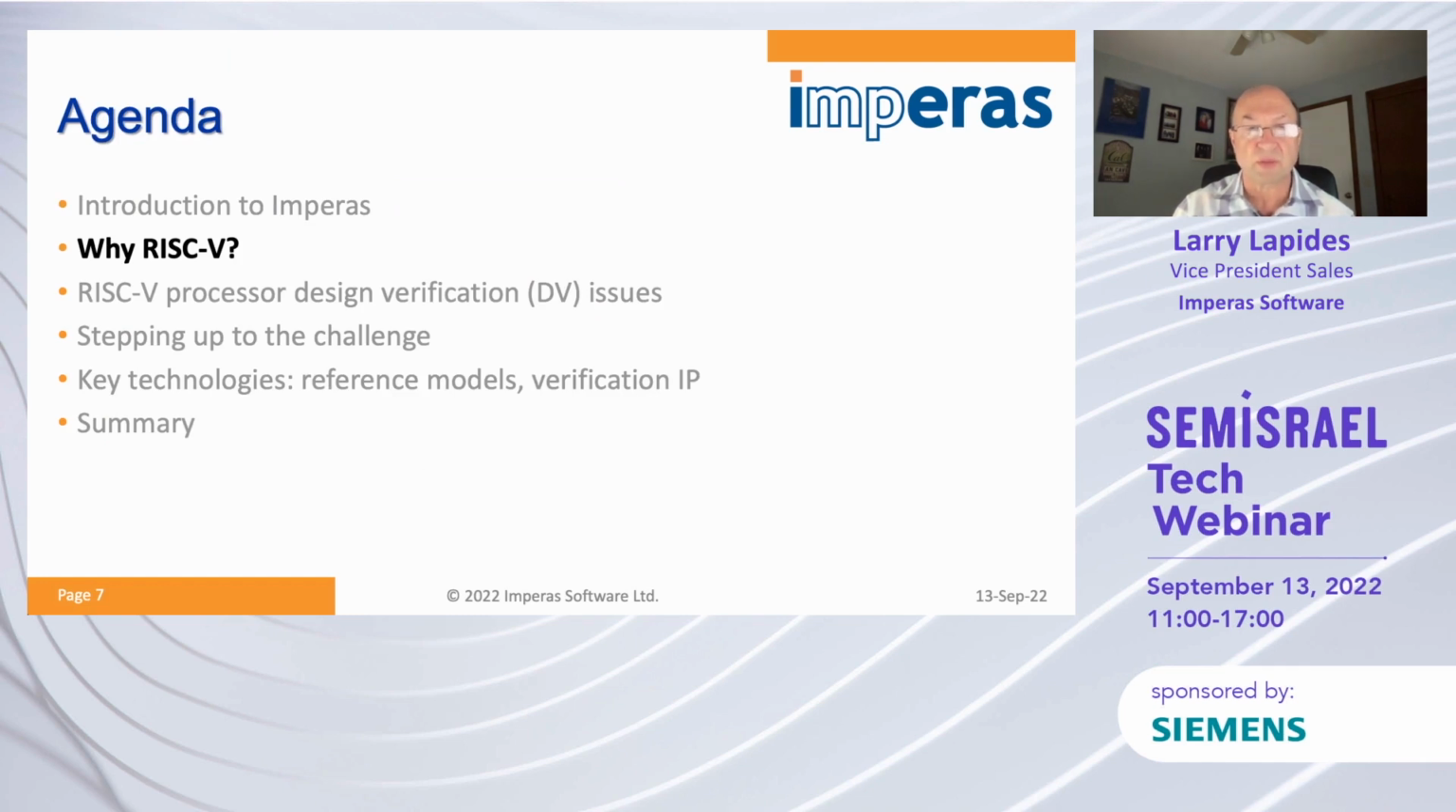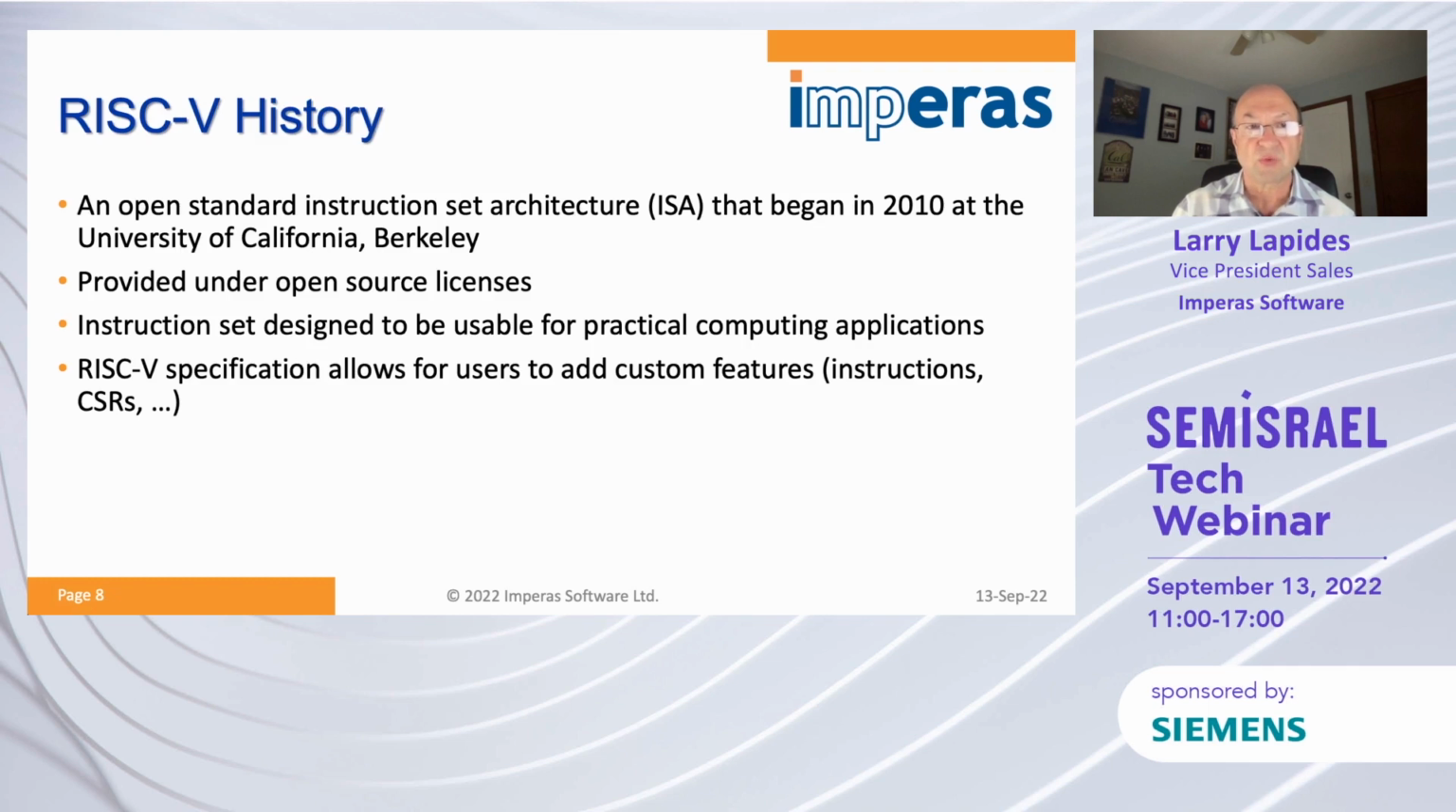So why are companies choosing to use RISC-V? The RISC-V history is that it began in 2010 at the University of California, Berkeley. The RISC-V instruction set architecture is provided under open source licenses. The instruction set was designed to be usable for practical computing applications. So this wasn't just an academic exercise. This was designed to be used in